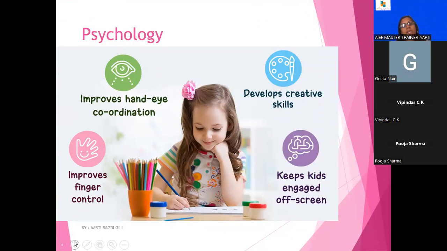Now, first of all, let's talk about the psychology. I told you the concept, the whole concept. Now I told you the objectives. Now I'm coming towards the psychology. Very interesting. Now this is for early years. Gradually, I will move towards the higher grades. For early years, it is improving the